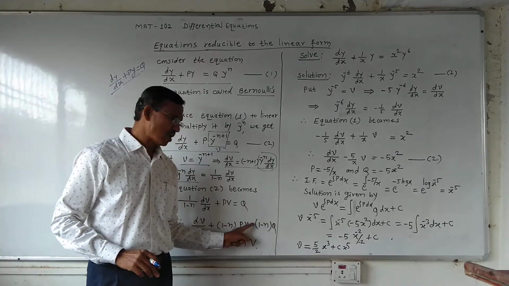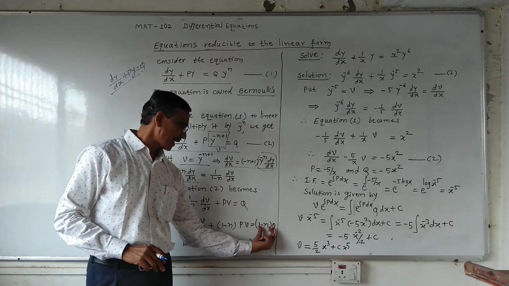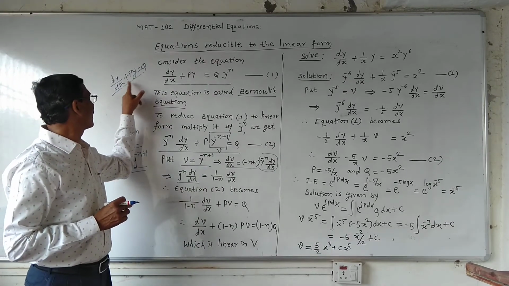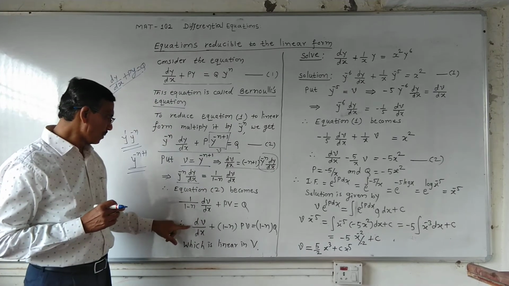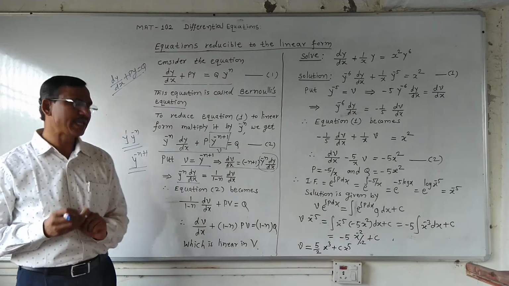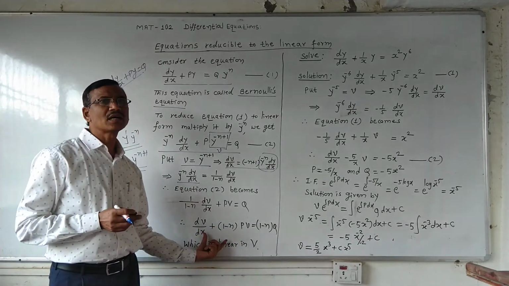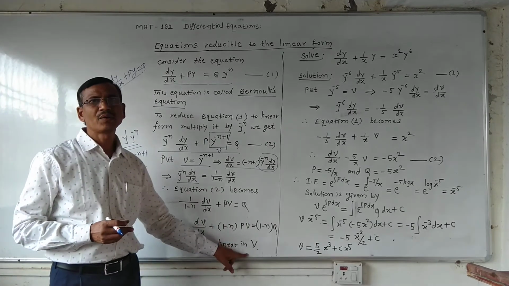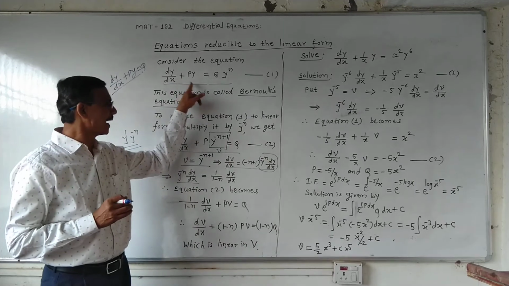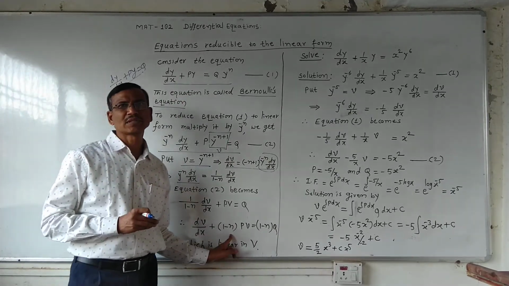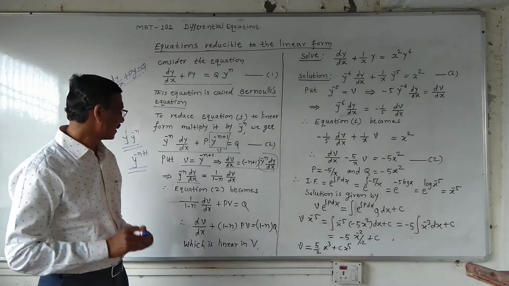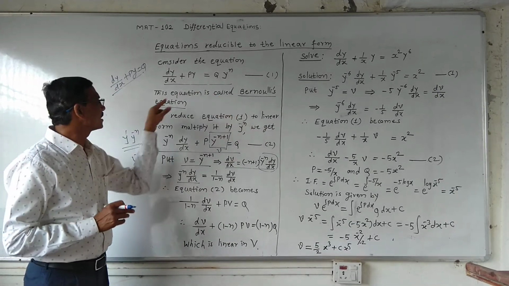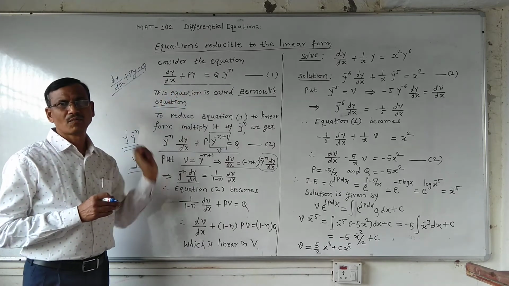Now 1 minus n is a constant. You can take it under this q also, and therefore this is of the form dy by dx plus py is equal to q, where instead of y there is a v. That means we can say that this is a first order linear differential equation in variable v and x, instead of y and x. Now this is a simpler method to reduce the Bernoulli's equation to linear form.